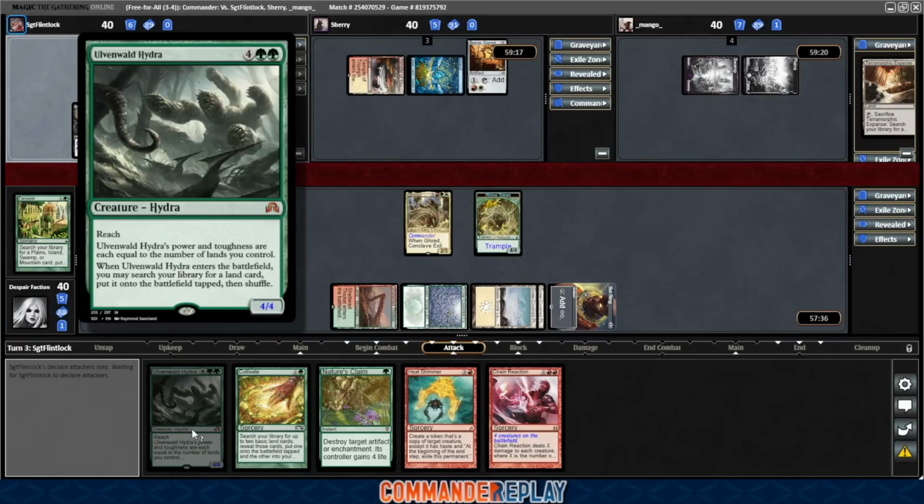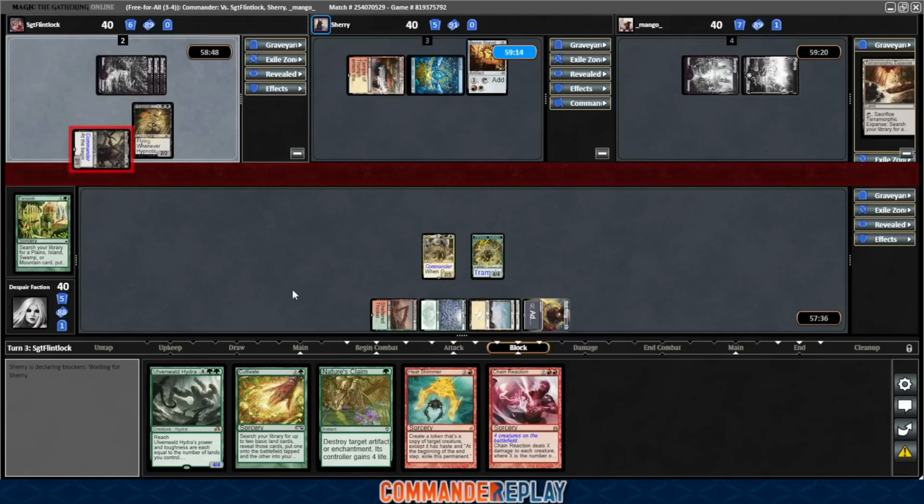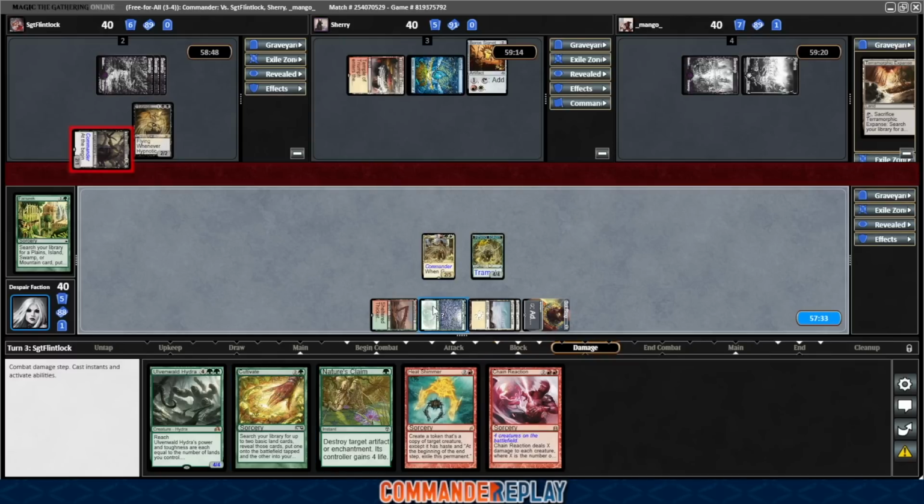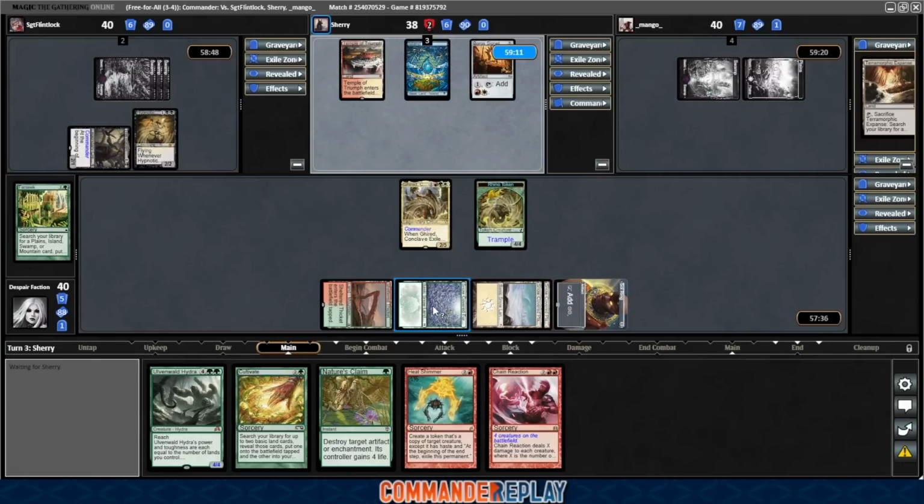So next turn, we're definitely going to want to get the Zuvenwald Hydra in, which also means maybe not getting the Cultivate. This is going to be a weird game. We're not just slamming the... I mean, I think we need the Cultivate, though. Cultivate next turn is 2 lands, and we don't have another land in hand, so...